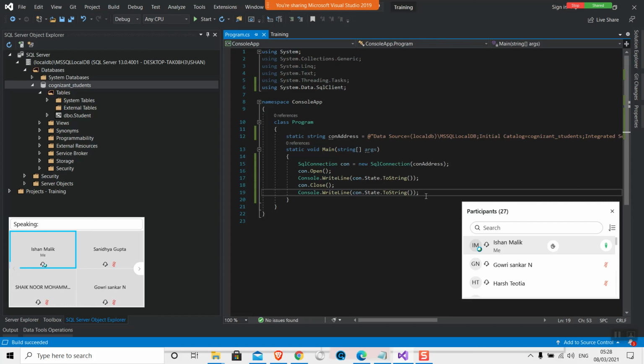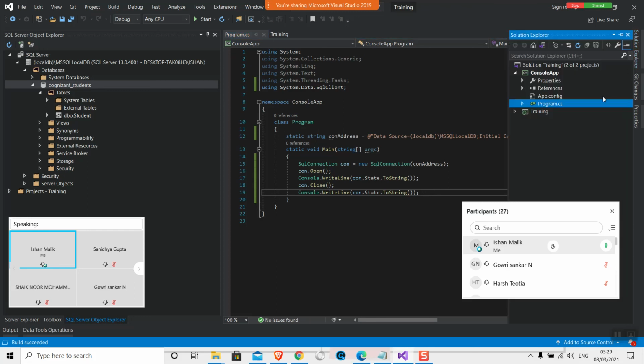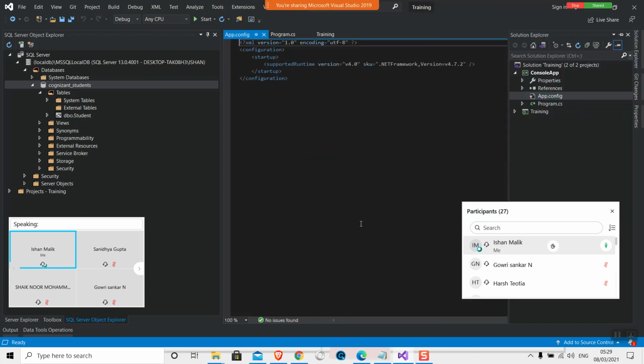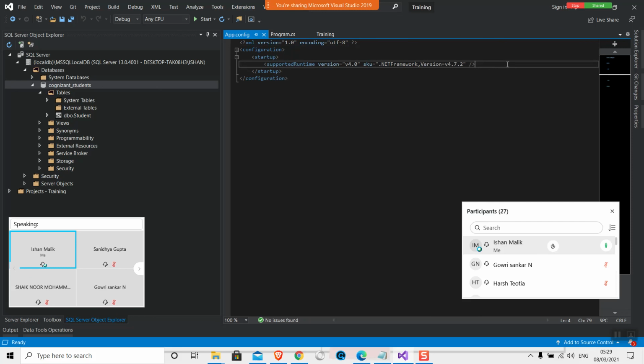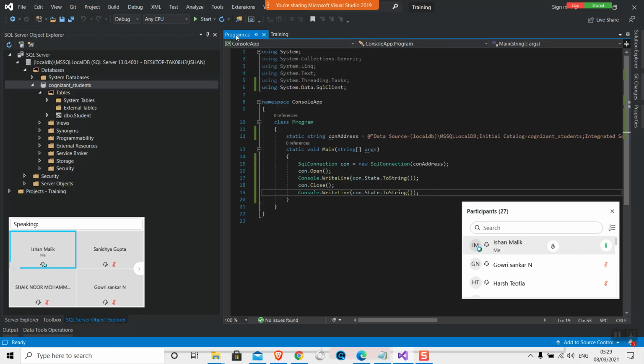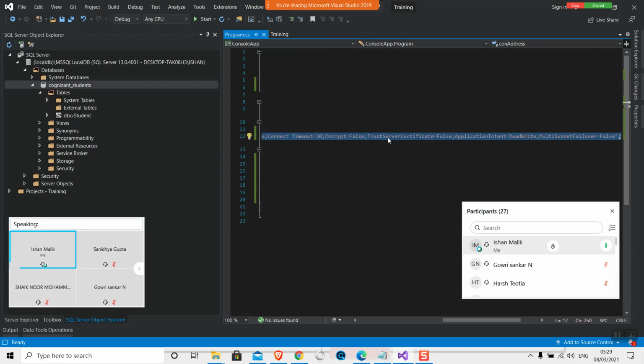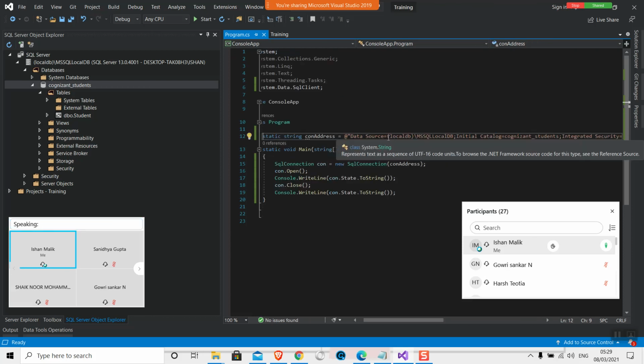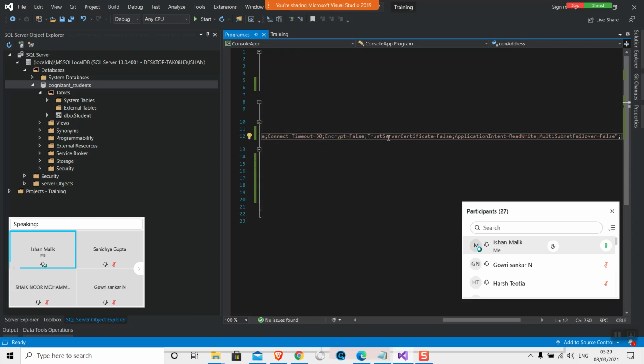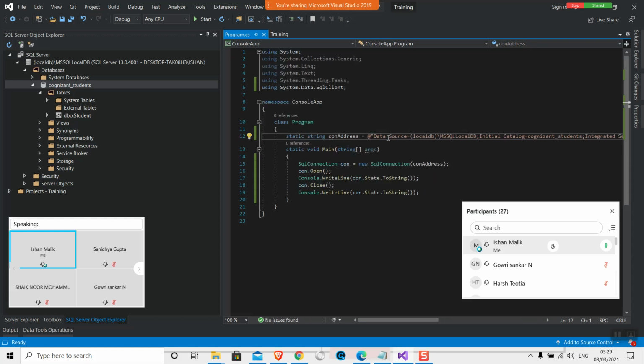Otherwise, both things are the same. I can write it in the app.config as well and then do it through the configuration manager. But this part is the same. It's just a matter of where you are writing the connection string. If you want to write it in the app.config, it is fine, and then get it through the configuration manager.